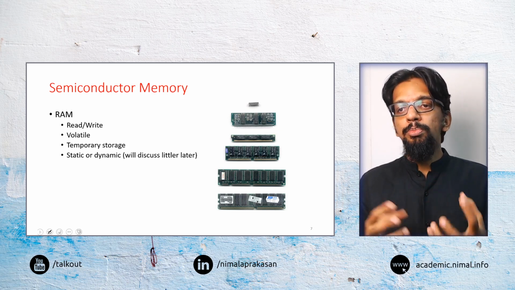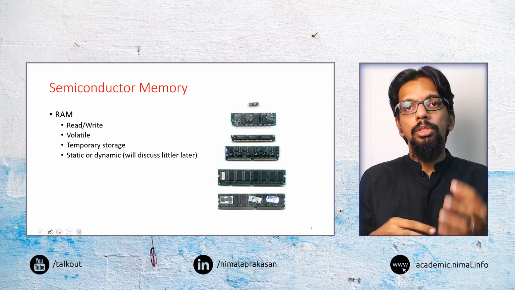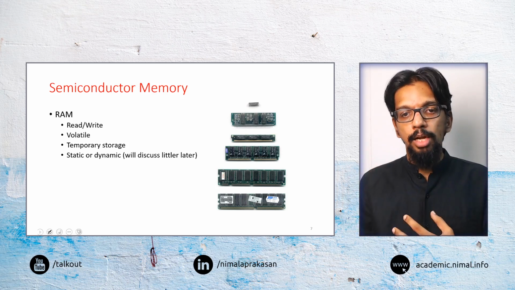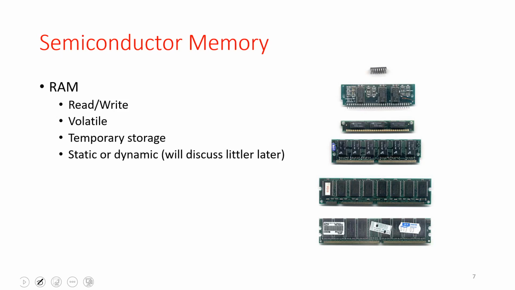And we can both read and write these memories, so they are read-write memories. But also, one of the things to remember, especially in the case of RAMs, is that they are volatile. What we mean by volatility in a memory is that when the power is switched off from the computer, whatever data is stored in that memory will be lost. So whatever we store in that memory will be lost when we remove the power from the system. That is what we mean by volatility in a computer.